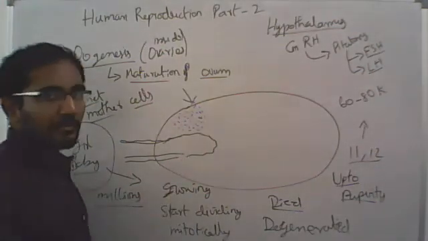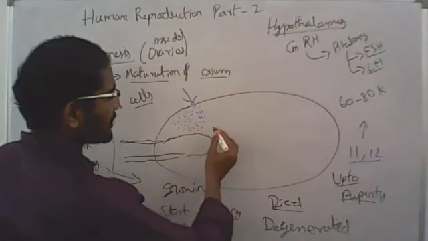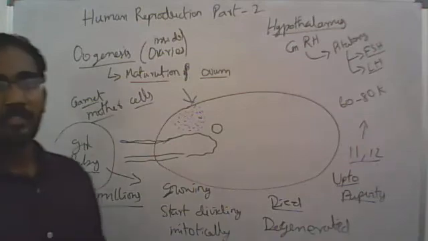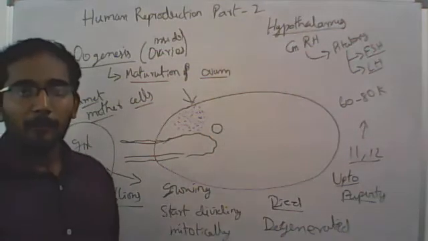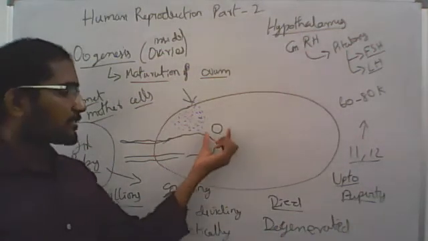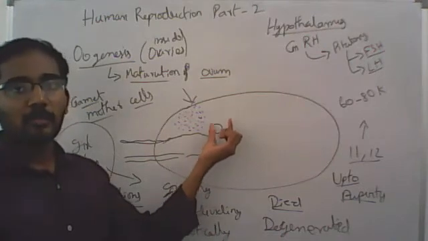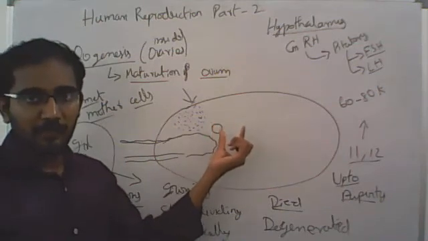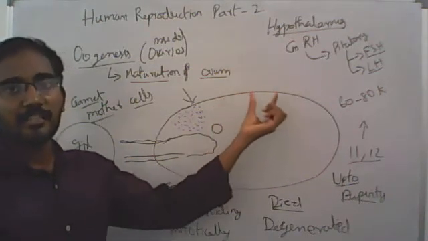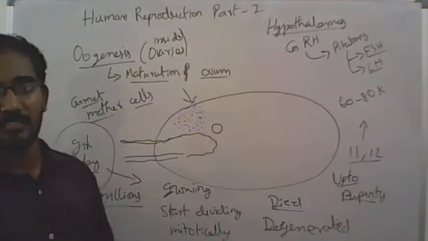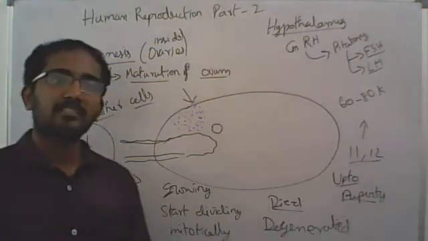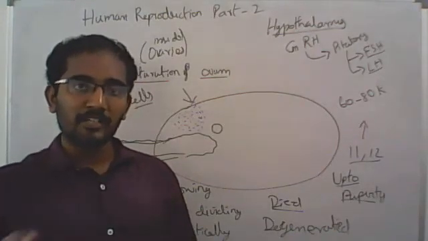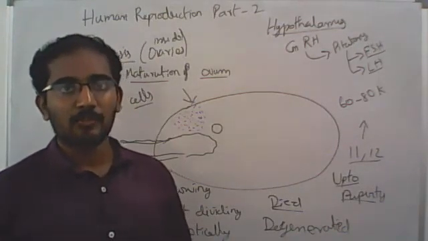So if they act on the gamete mother cells, it means they will start maturing. There is a primary oocyte, the cell which is ready for maturation. Until then it will be just mitotic divisions. After the primary cell level, they enter into meiotic cell divisions. Meiotic cell division is a reduction division: a 2n cell is going to divide into four 1n cells. That's what is going to happen.